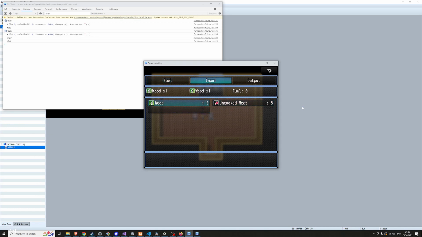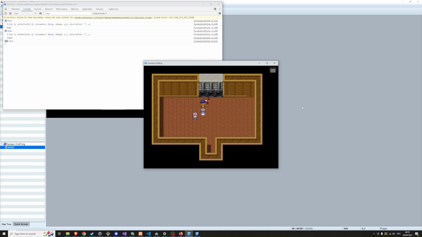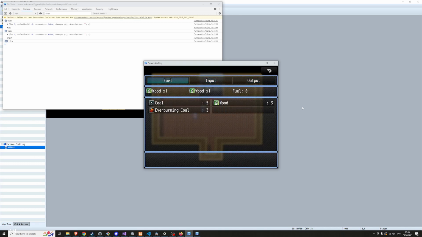Let's add wood. There's no real feedback, so I can't really tell what's happening. Maybe this little window in the middle needs to be one row